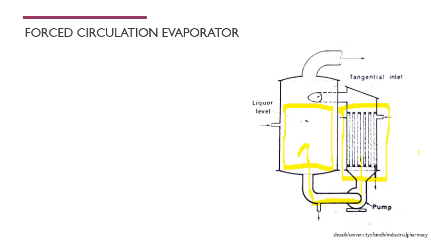Now when this superheated liquid reaches the second container, there is decreased pressure. When the superheated liquid comes over here, the vapors will suddenly flash off. The vapors will suddenly move out of this liquor and will be removed from here and will go to the condenser. And this is the level of the liquor we have to maintain.